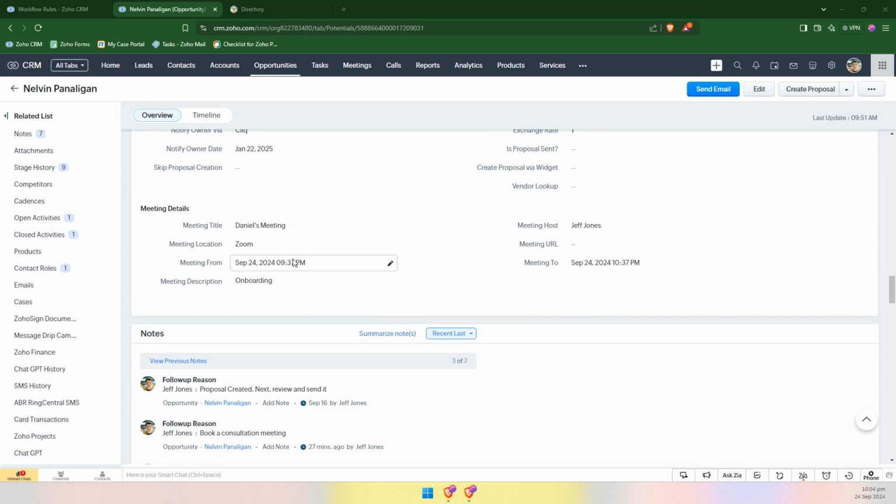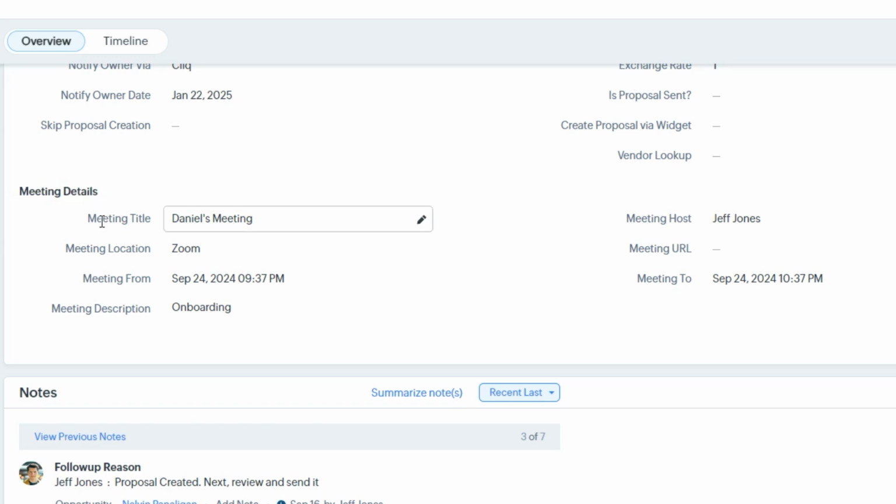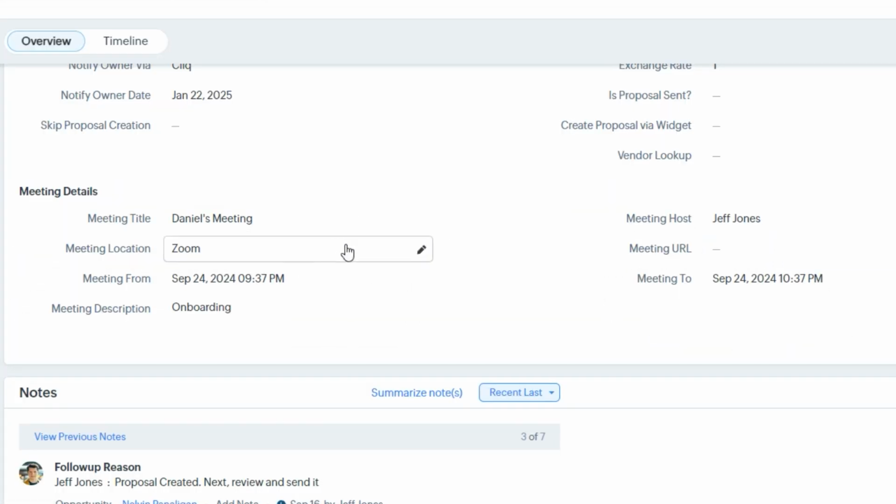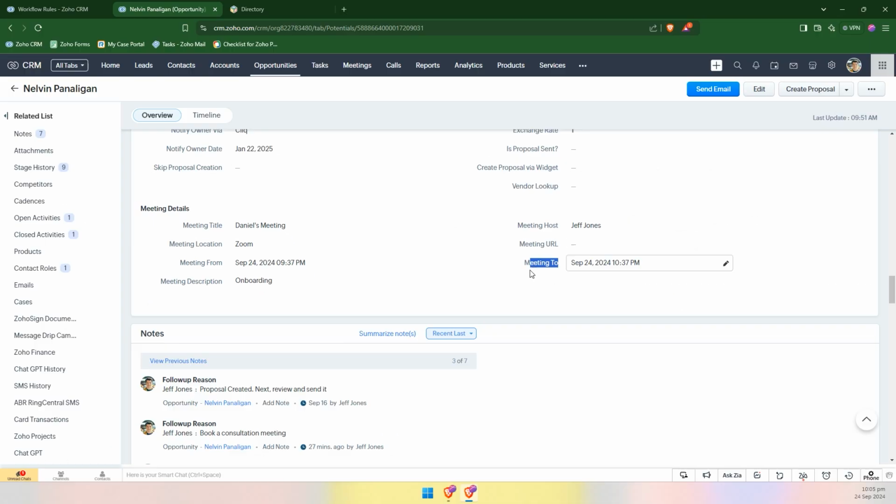We have a lot of automations here, and one of those is the following fields. We added fields that will copy the meeting details from the meetings module directly into these fields. As you can see, we have a meeting from and meeting to field, which are date and time fields. Those date and time fields are what we can use as a trigger to send SMS using a